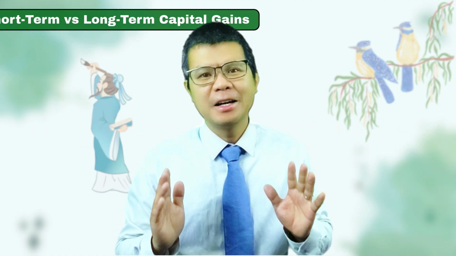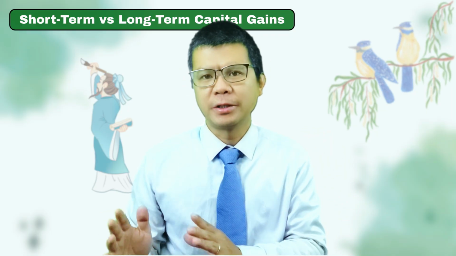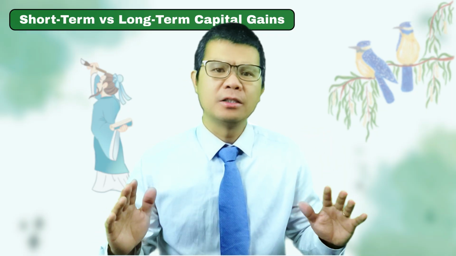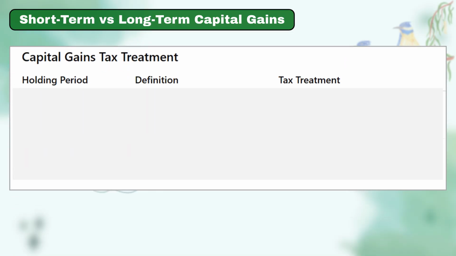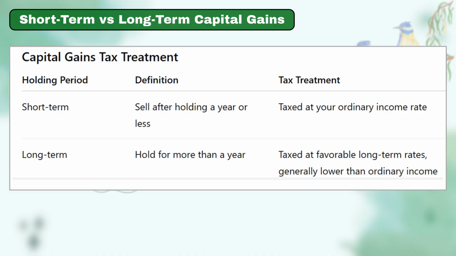Now, another key concept is the difference between short-term and long-term gains. It all comes down to how long you hold a stock. For short-term, you sell after holding a year or less, taxed at your regular income rate. Long-term, you hold for more than a year, taxed at favorable long-term rates, which are generally lower than ordinary income,